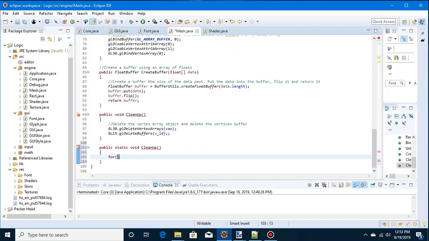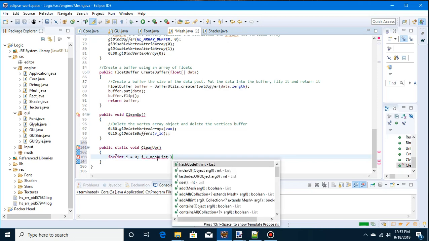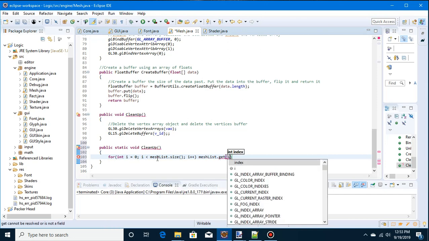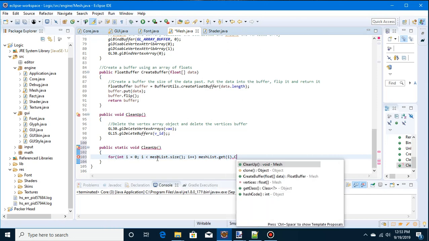So do for int i equals 0, i is lower than mesh list dot size, i plus plus, and we'll just do mesh list dot get i dot cleanup,